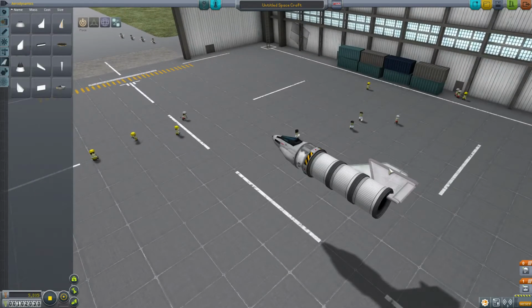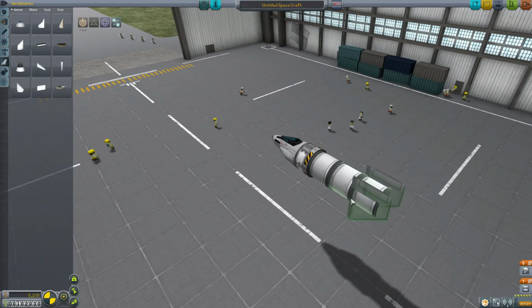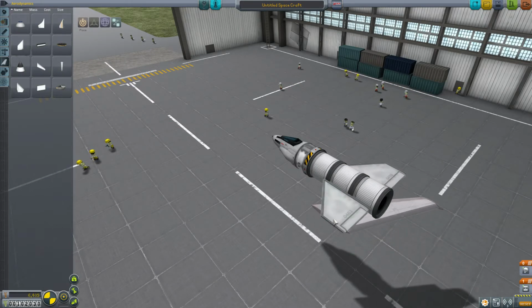Actually, what we should do, we want 2 of these because it is a plane, so we want one on either side. And then